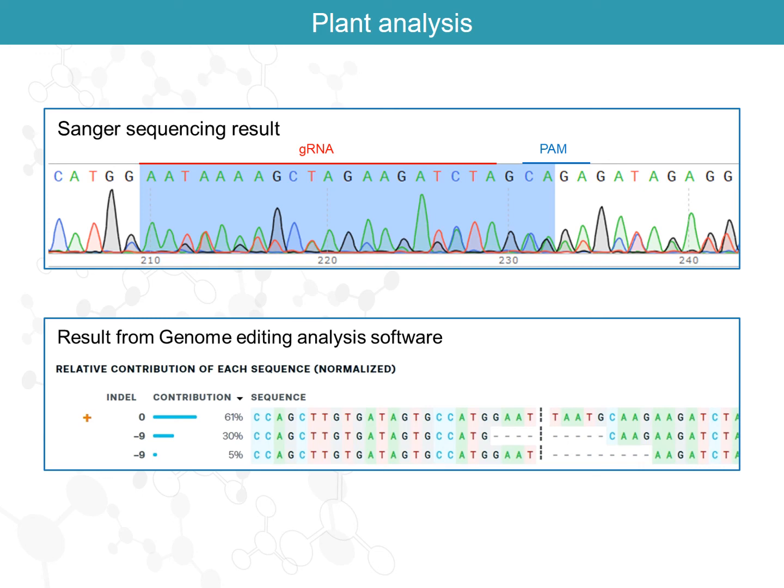From the sequencing result, we can see that a double peak is partially visible. As a result of analyzing with software, it can be seen that 3 allele types appeared. 1 wild type and 2 deletion alleles are observed. Self-crossing will yield homozygote